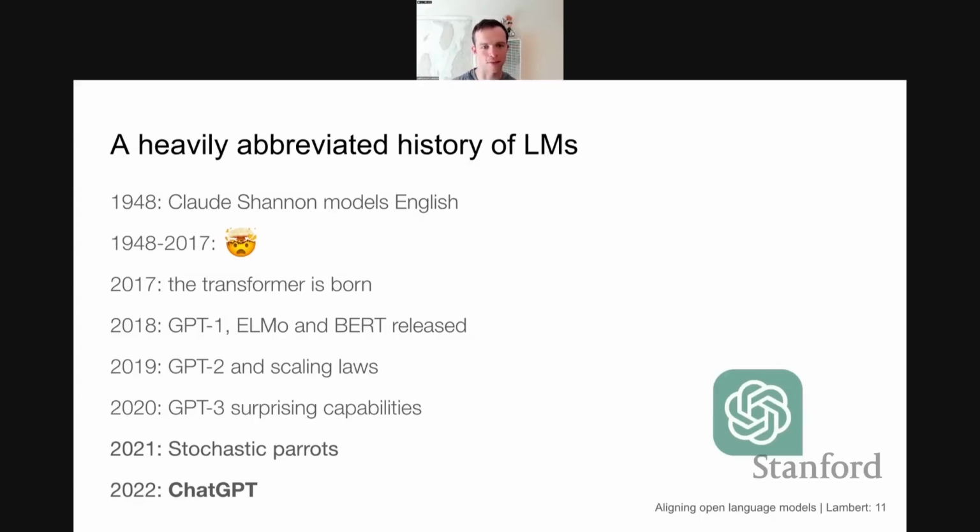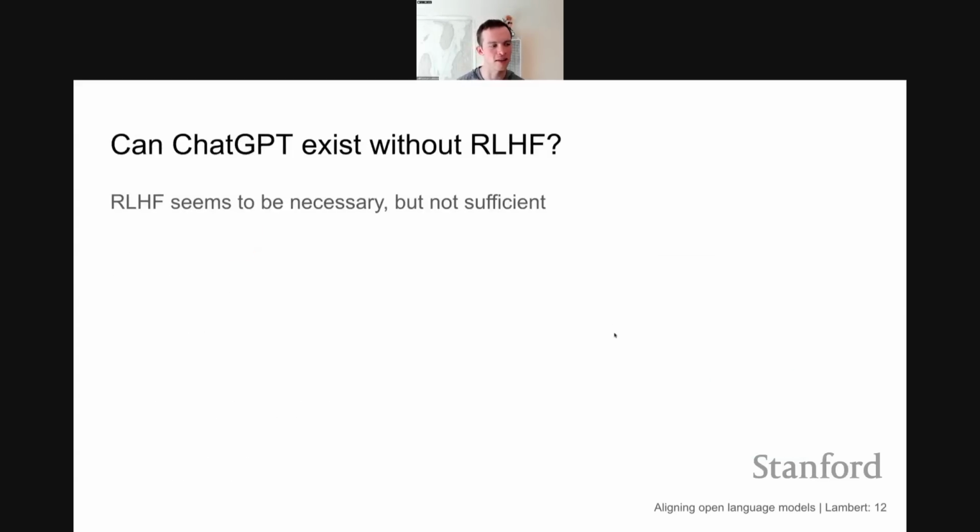So the question that I ask myself, or I tell a lot of people, is: can ChatGPT exist without RLHF? And what we saw on release day, if you go back and read the actual OpenAI blog about RLHF, is that they list all these limitations, but they say that RLHF was an important tool to launching ChatGPT. And the limitations that they list are really the things that we're still researching and talking about in this talk. It's a great blog post to go back to, but a good way to frame it is that